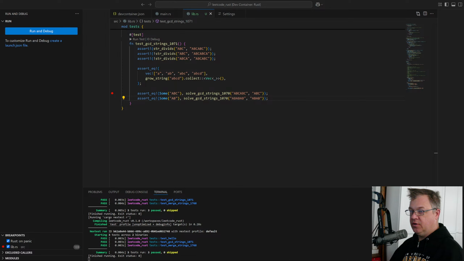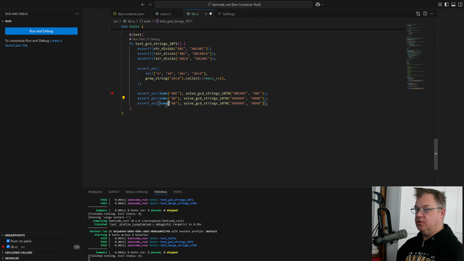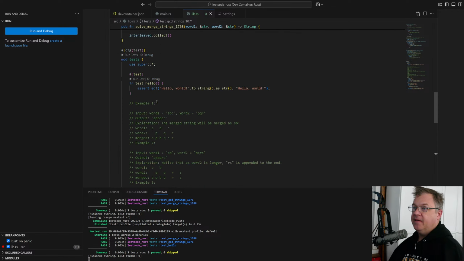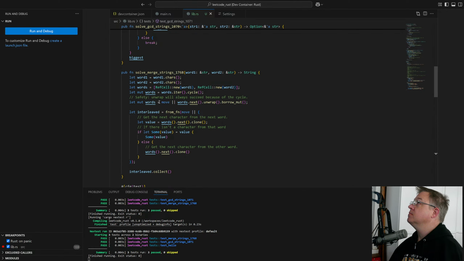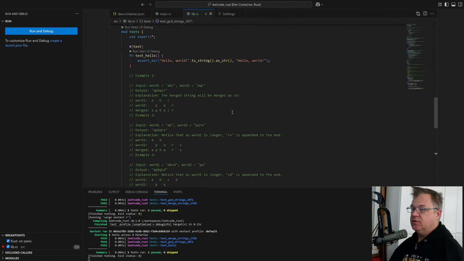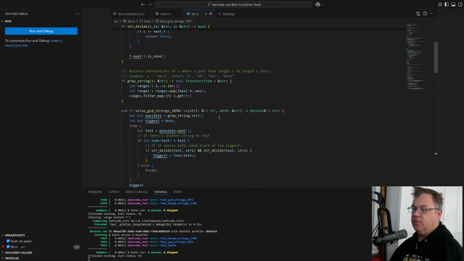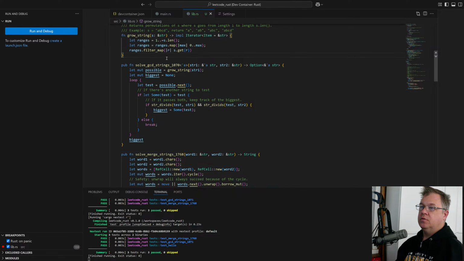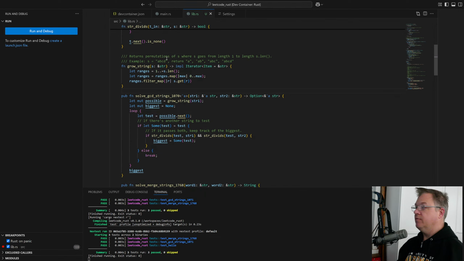And we have another one, LeetCode returns. It should really return none. There we go. So this is working, but let's go backward. Really need a grow string reverse.